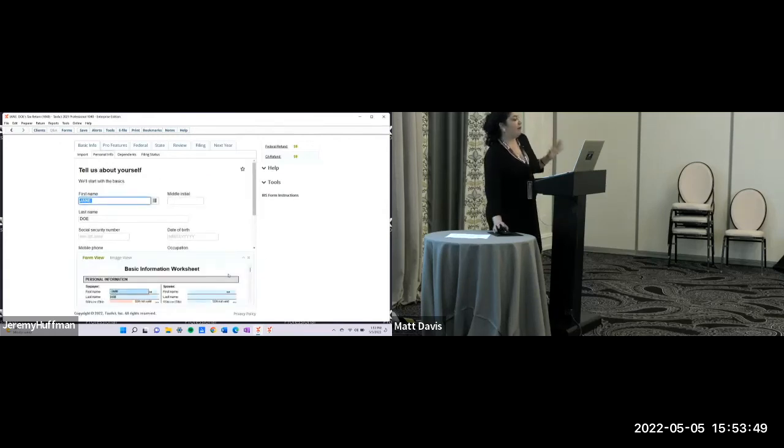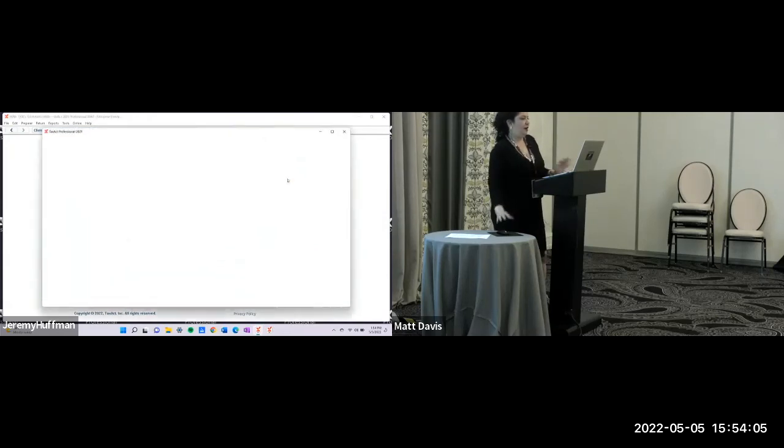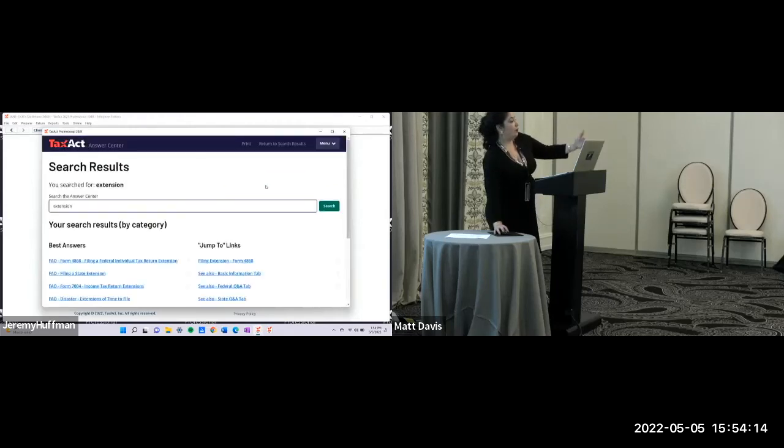And one of my favorite things that I, after years of using TaxAct, discovered and went, where has this been? I can't believe that I had no idea that I could just go here and type extension and with internet. Not only do you now have the resources, but this jump to links. Anything you type in that search box, you go jump to,